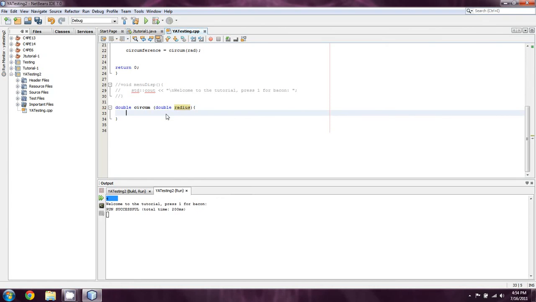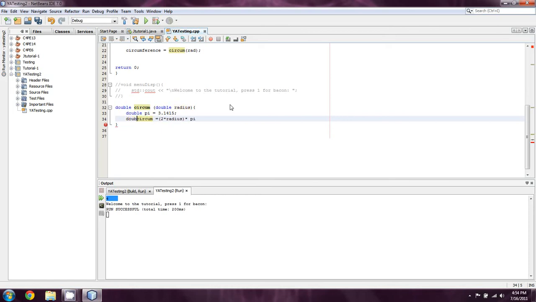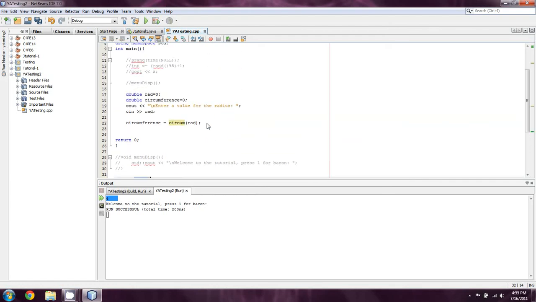So we're dealing with circumference, so as I just stated, we need a variable called pi. So double pi equals 3.1415. And then all we really need to do is take 2 multiplied by radius multiplied by pi, and we'll set that equal to circum. And double circum. So once we have that figured out, we simply return circum. Let's add an F there, just so people don't get confused with the name of the function. Okay, and then we're going to cout the